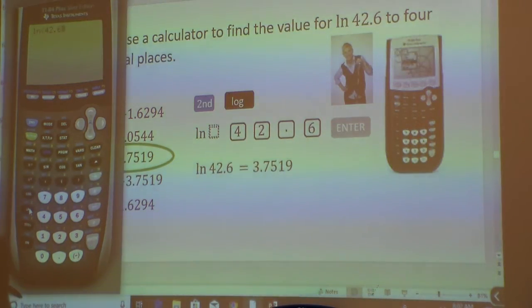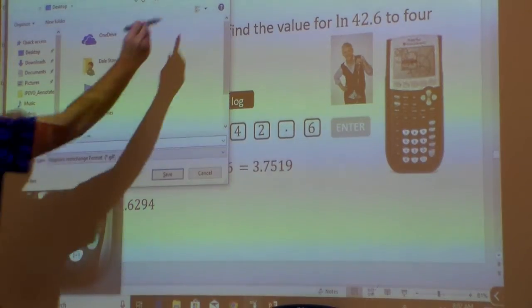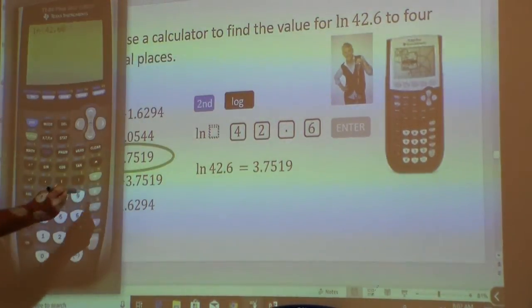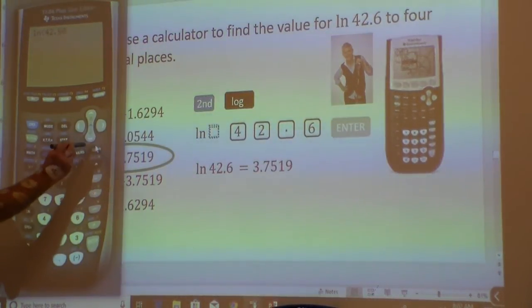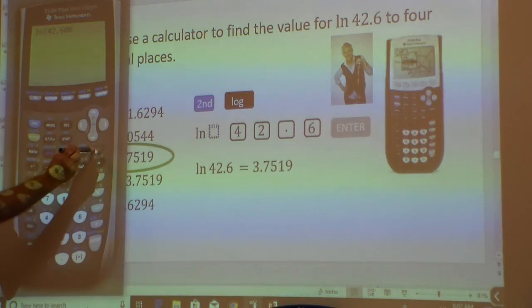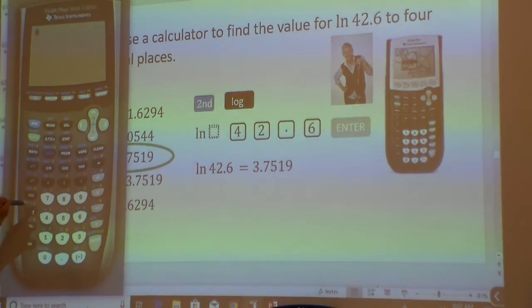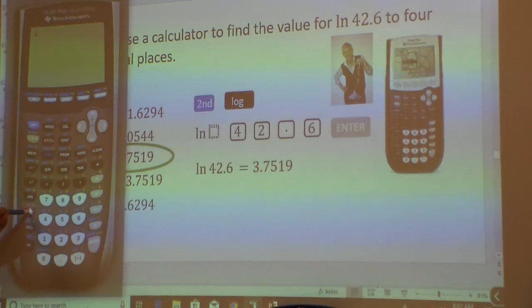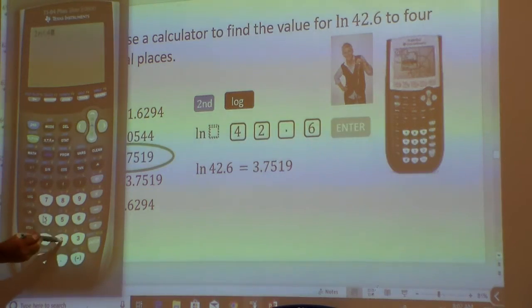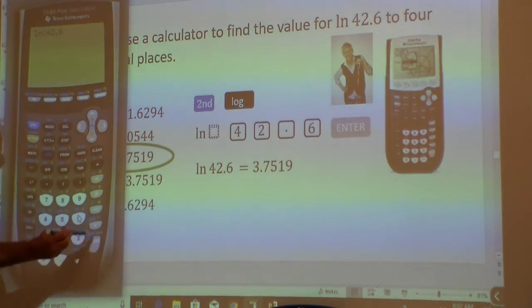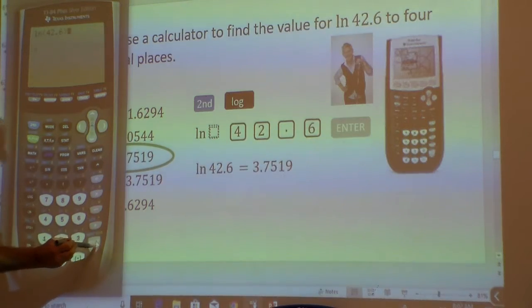Did I do that on the calculator? Oh, wow. I didn't realize that. Sorry about that. Oops. Let's exit here. Let's kind of clear that out of there to show you. Let me show you this all right here. What have I got happening? There we go. ln, my calculator, 42.6, close the parentheses. You don't enter